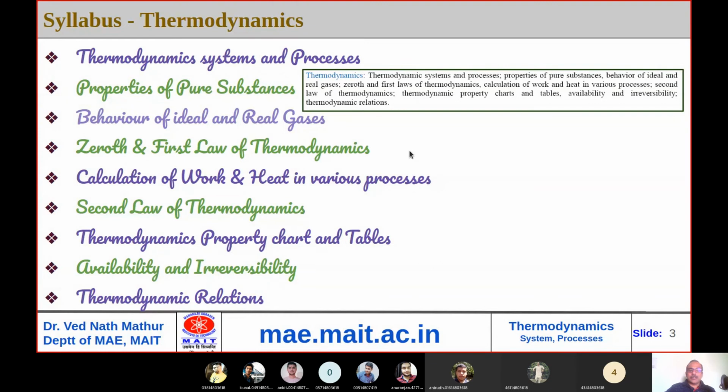I intend to spend at least 1 hour or 1.5 hours discussing the theory for each topic, and then we'll also discuss some questions from each topic from previous year GATE question papers or engineering services question papers. So this is the plan. Well, execution of the plan depends upon your interest. If you all are interested, then only I'll proceed, and if you attend the class uninterested, then I'll stop.